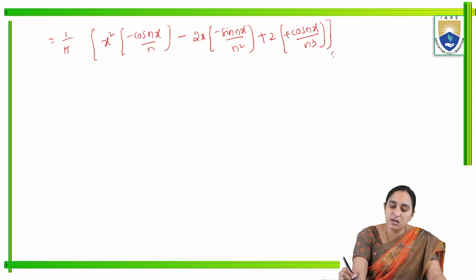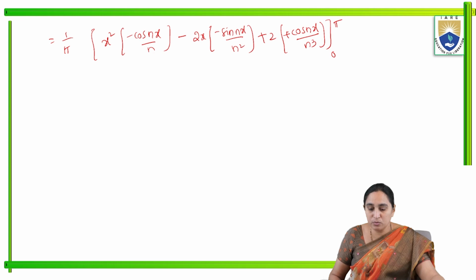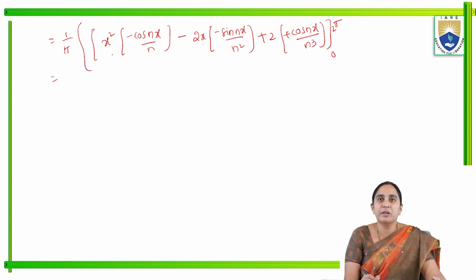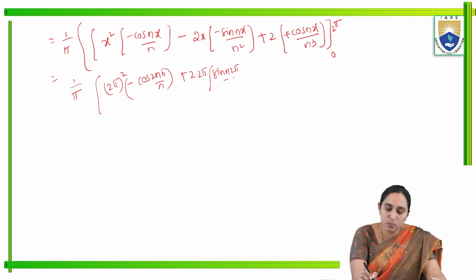What are the limits for that? 0 to 2 pi. Okay. This is the UV formula for x square into sin nx. Then after writing that UV formula, now substitute the limit point, that is (2 pi) whole square into minus of cos 2n pi by n plus 2 into 2 pi into sin 2n pi by n square plus 2 into cos 2n pi by n cube,